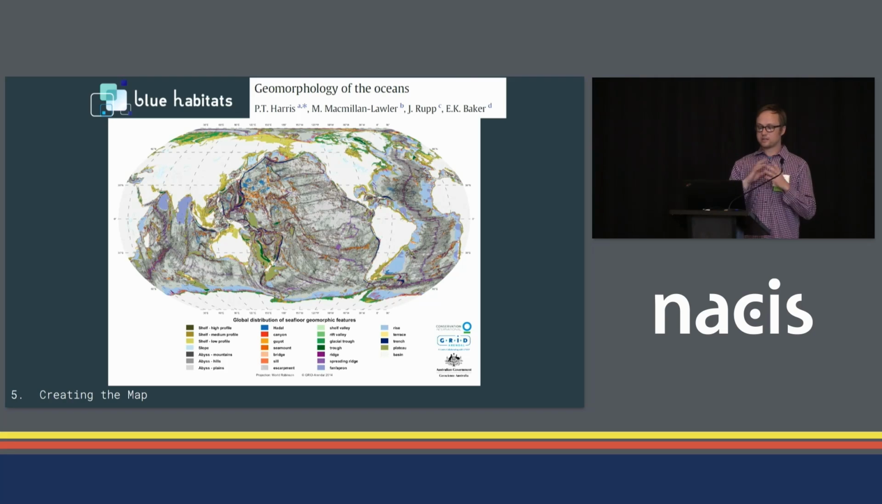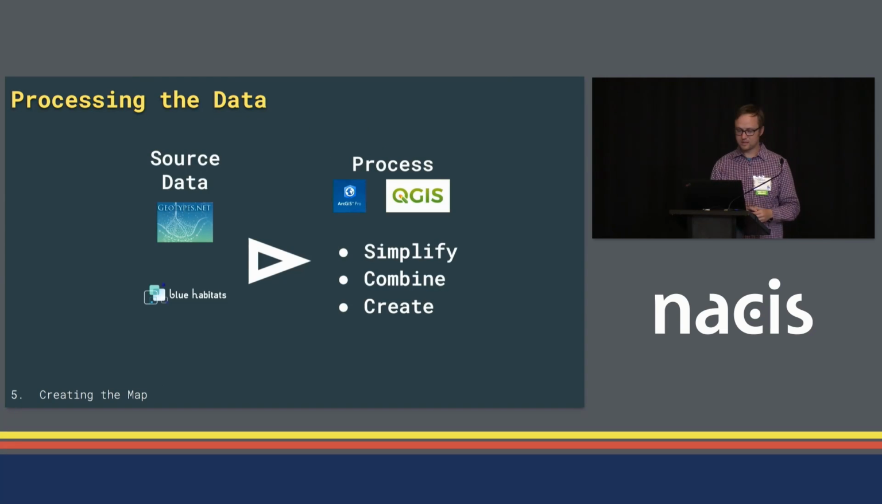For the areas under the water, I used what was called a geomorphology database. So it's actually depicting land types, land forms, but I was able to interpret that to get a rough idea of what different rock types were. And so I took this source data, pulled it into GIS, simplified it, combined it, and then finally created the